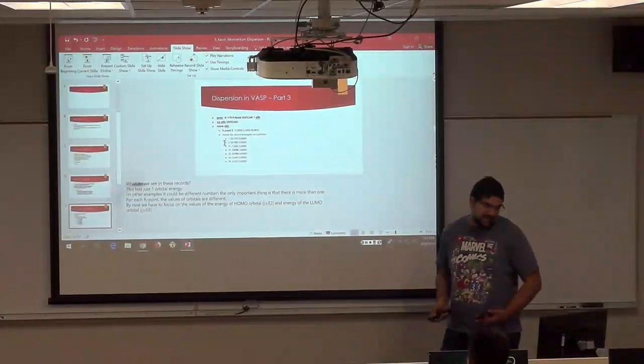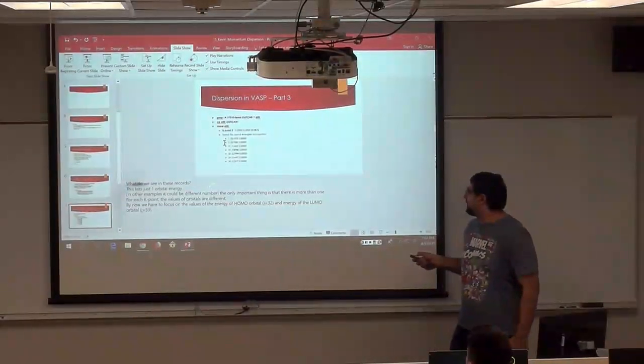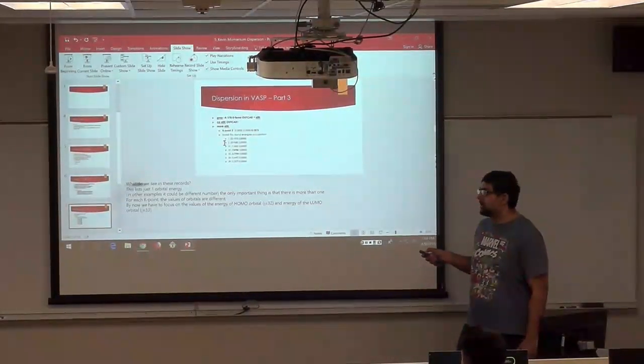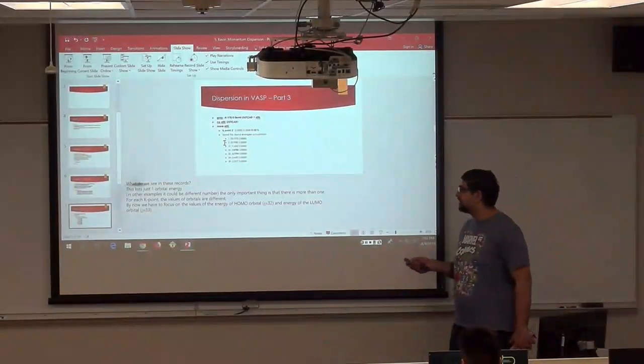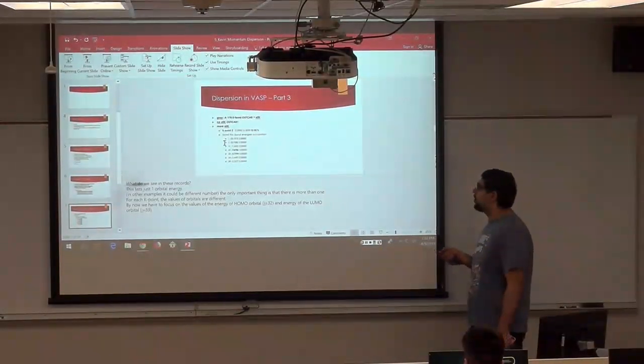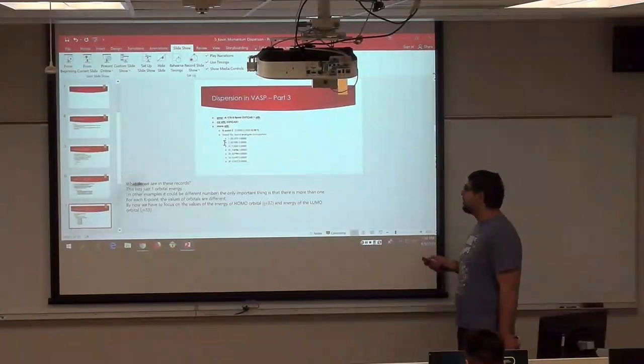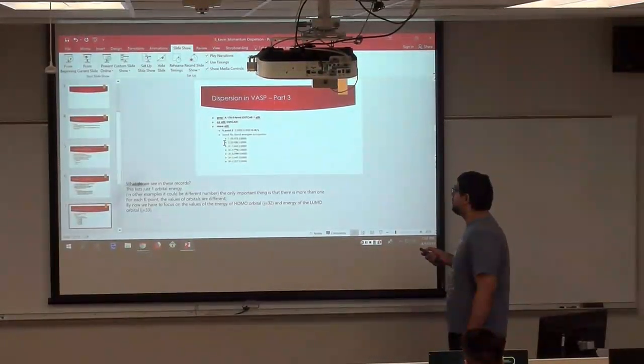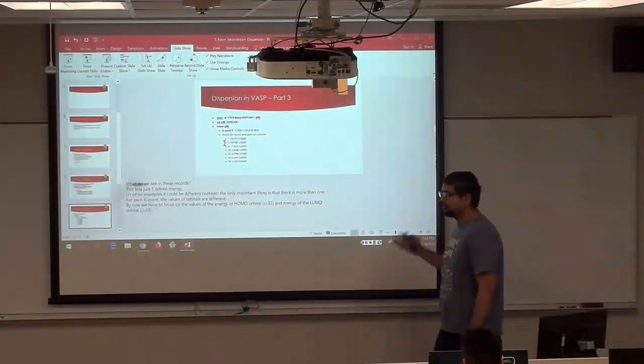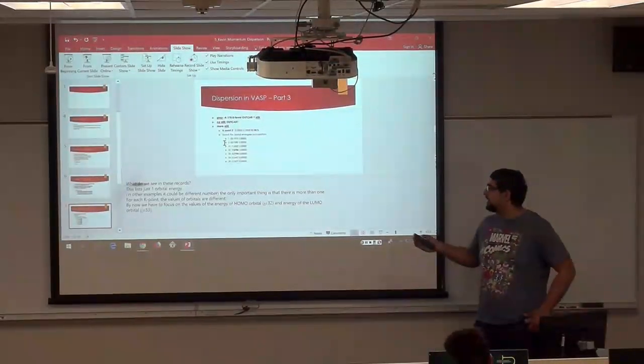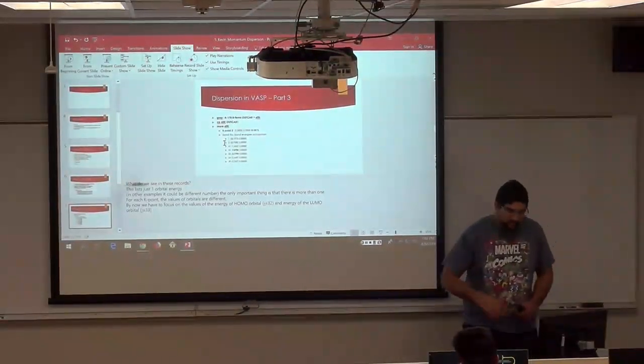So in this example, we have our HOMO orbital, which is I equal to 32, and the energy of our LUMO orbital, I equal to 33. So the reason we did more ALLK was to find out which is our HOMO orbital and which is our LUMO orbital. That's really an important thing to know out of this.